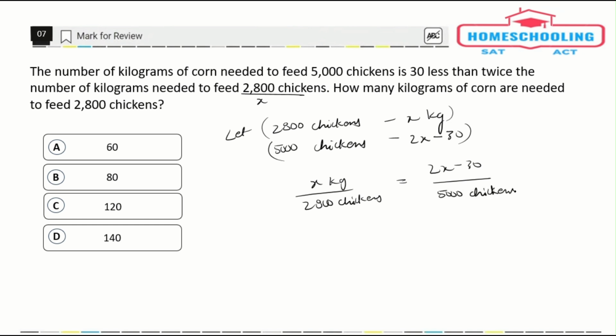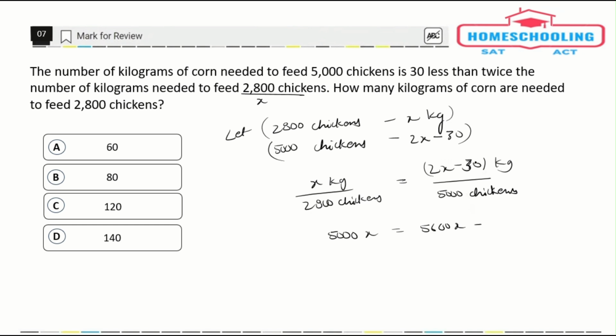By using cross multiplication or the direct proportion method, after cross multiplying we get 5,000x. This one would be 2 into 2,800, that would be 5,600x